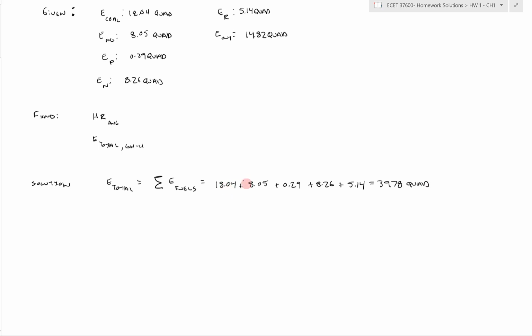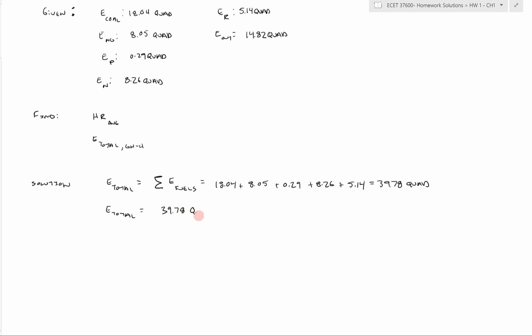You'll notice I added them up first, even though it asked us to do it in gigawatt hours, so we need that, instead of in quad, to be in gigawatt hours. You'll notice that I didn't convert each individually first because it doesn't matter what order you do that in. You could have converted each of these over to gigawatt hours and then summed it up, or you can add them all and then do the conversion. It's less math if you add them all up and then do the conversion, which is the approach I took here. So E total in gigawatt hours, we just need to take